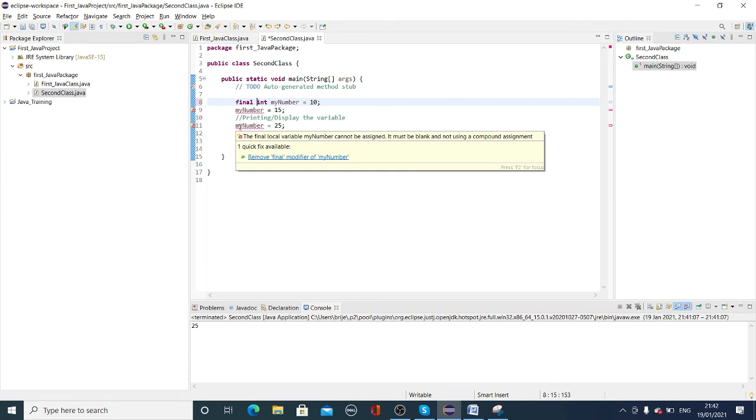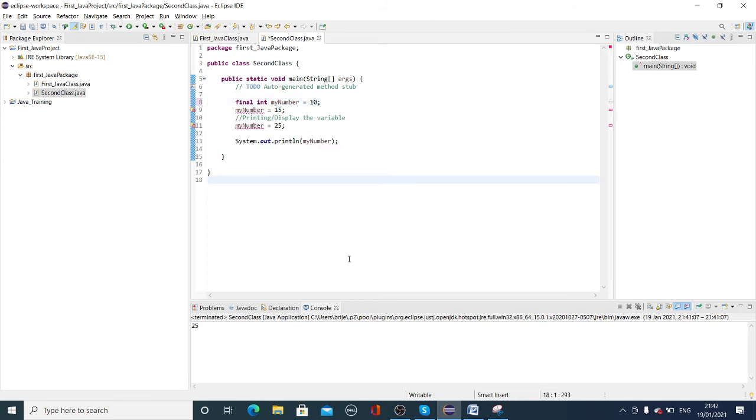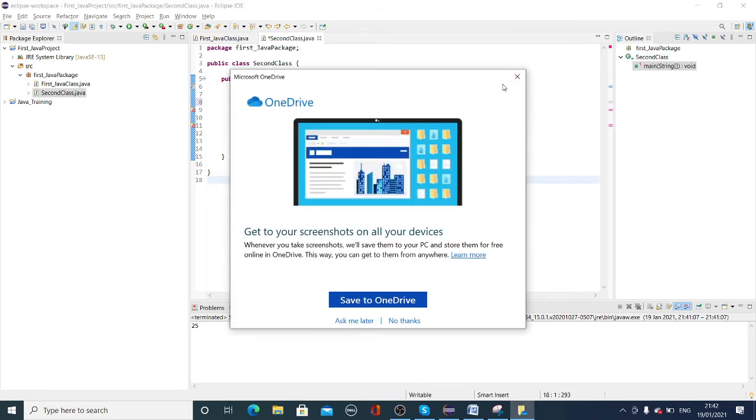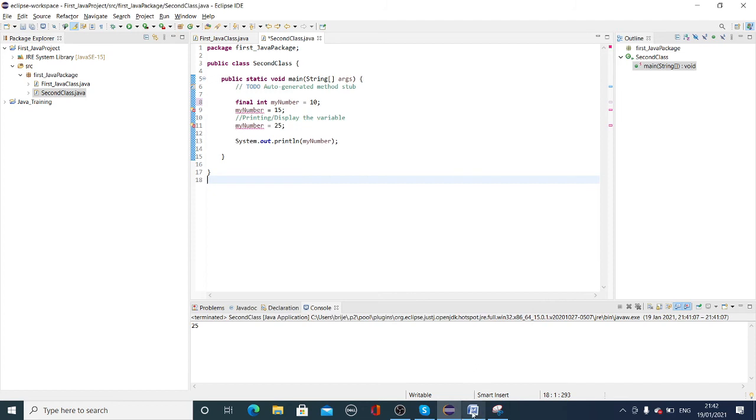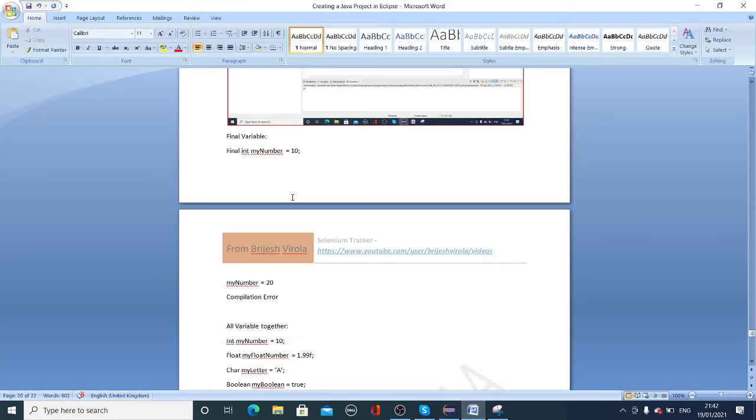You can see what it says: the final local variable myNumber cannot be assigned. So this is called a compile time error, as you have declared one variable as final and again you are trying to change the value. That doesn't work.